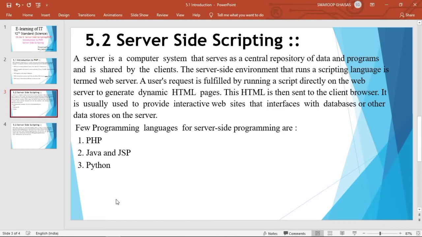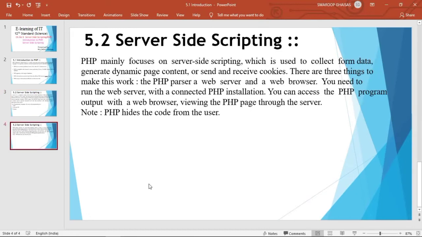There are certain languages like PHP, Java and JSP, Python, which support server side scripting. This year we are going to study the PHP language, which is a server side scripting language. PHP mainly focuses on server-side scripting, which is used to collect form data, generate dynamic page content, and send or receive cookies.